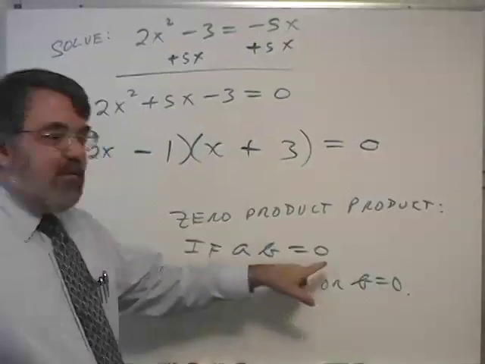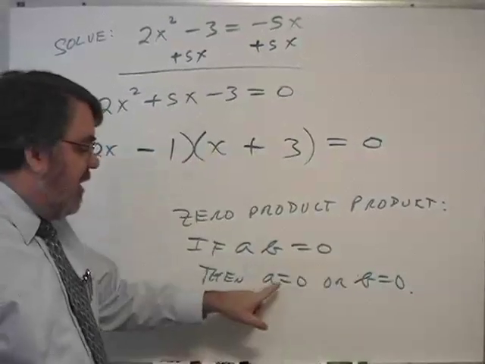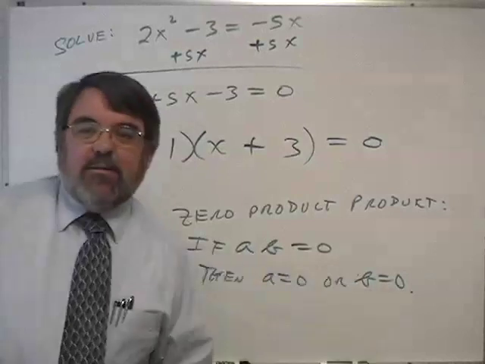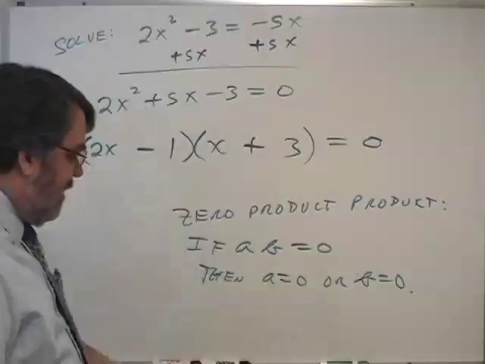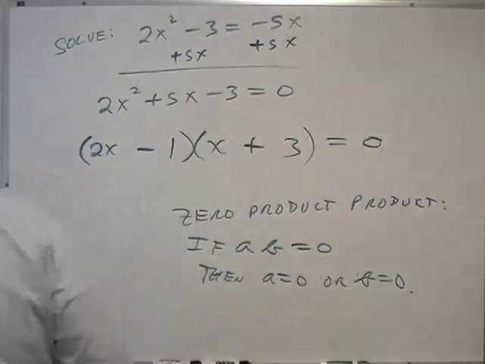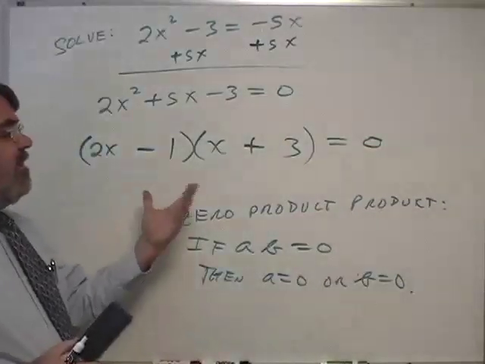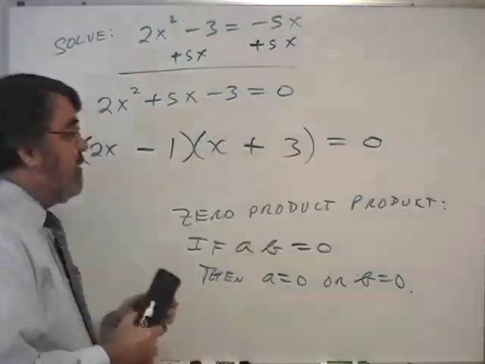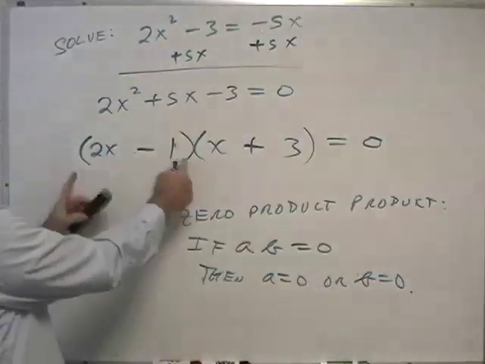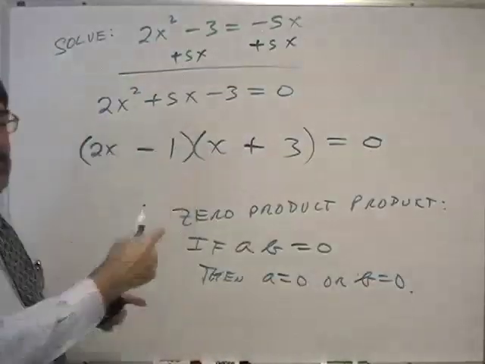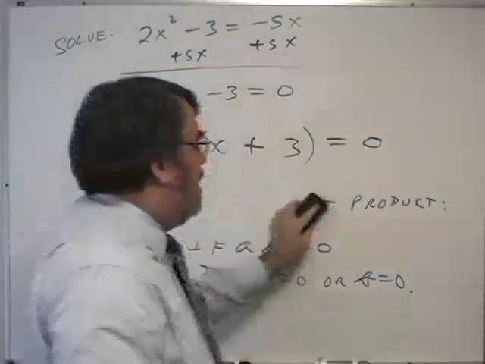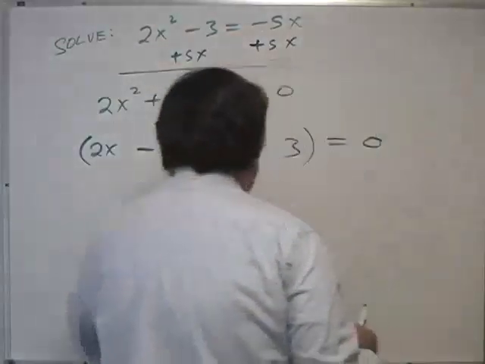When you multiply two numbers together to get 0, then the first one is 0 or the second one is 0. They could both be 0 also. Alright, so that's what we're going to take advantage of here. When this equals 0, then either this number, think of this 2x minus 1 as a number, either 2x minus 1